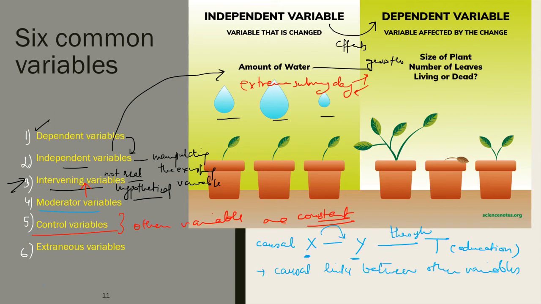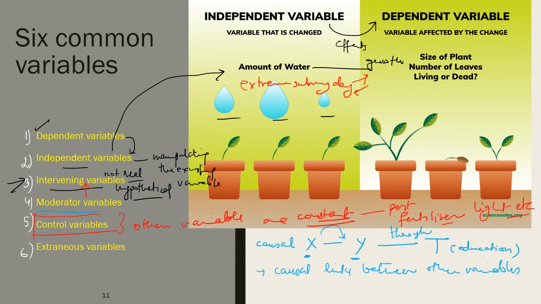Like in the case of plants, other factors are controlled. They are kept in check. For example, pests, fertilizer, lights, quality of seeds will be controlled. You will not be changing them because it will otherwise be very difficult to understand which variable caused what. Okay, so there will be a set of variables which will be in constant check, always in a controlled manner, so as to link the other two variables with each other.